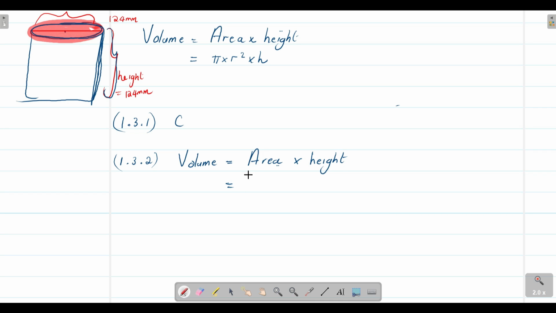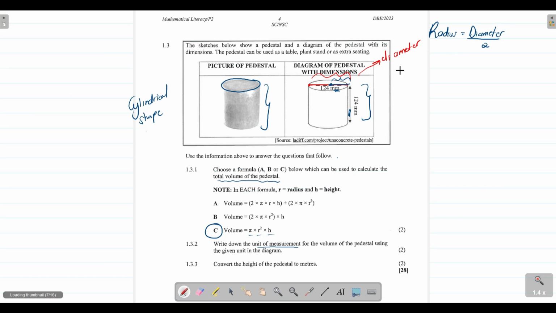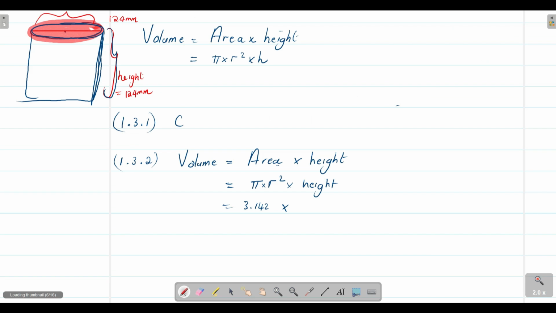What is the area? It's the area of the circle, so it's pi r squared, right? So pi times r squared multiplied by height. Then your pi has no units. It's just 3.142 multiplied by, what would be your radius? In this case, our radius would be 142 divided by 2, because we are given the diameter, and the radius is equal to diameter divided by 2. So 142 divided by 2 gives us 62. So it's going to be 62